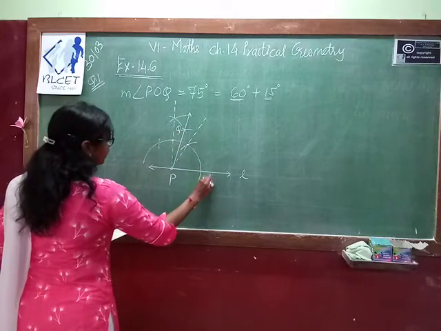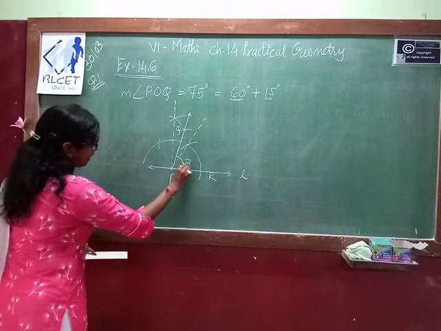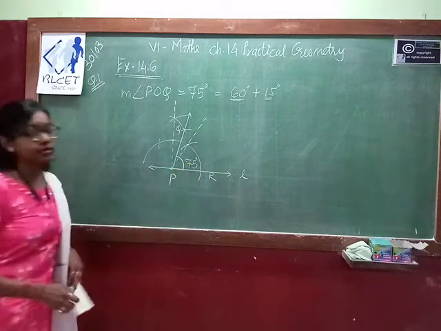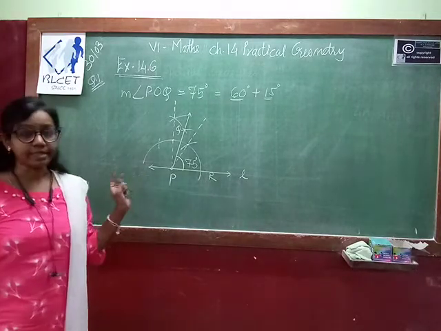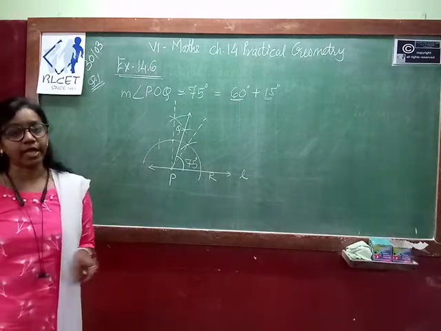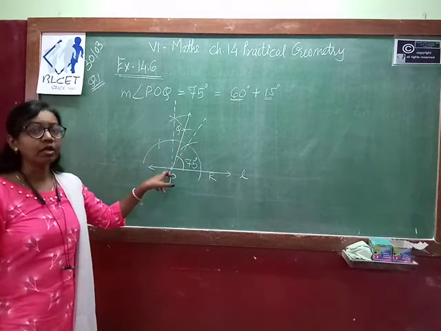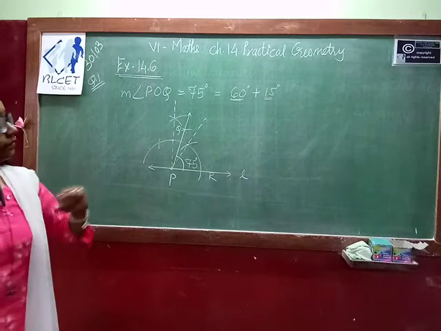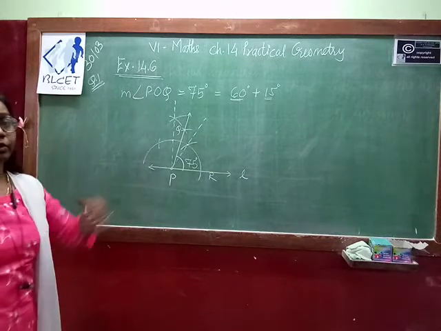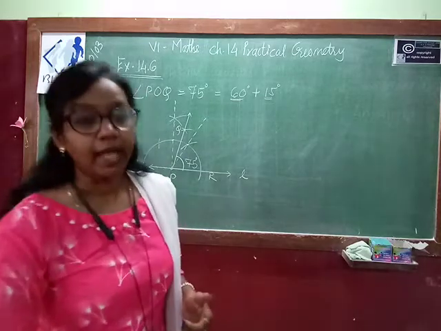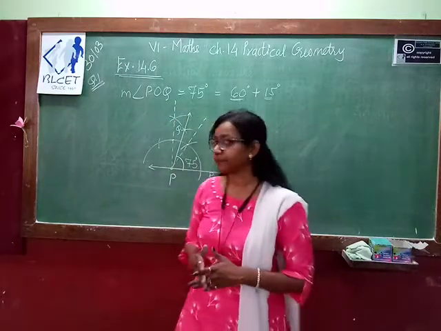Name it PQ, here it is R. So this angle is your 75 degree angle. So this way we can construct 75 degree angle. We have already completed the 75 degree angle. If you want to check, you can use your protractor and measure this angle whether it's 75 degree or not. Now what is our aim? After constructing 75 degree angle, we have to draw the line of symmetry. Line of symmetry means we have to bisect 75 degree.